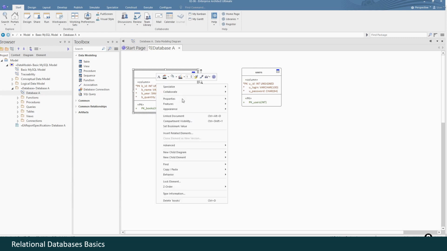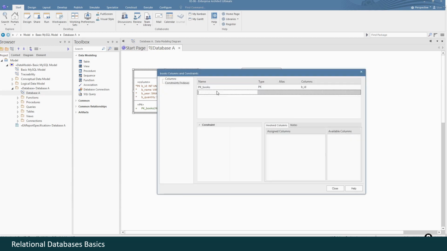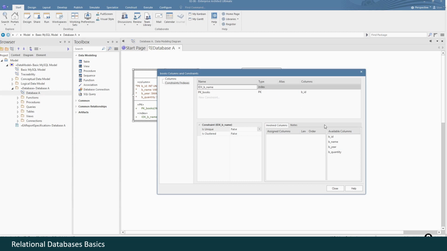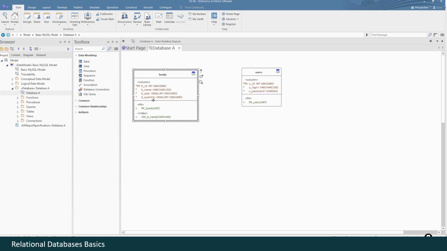We shall right-click, Features, Constraints, Indexes. We shall start the index name with the IDX prefix, and usually this prefix is followed by the indexed field name, b name here. Okay, it's indexed by default, and the only thing left is to double-click the appropriate field. So here it is, close, and we see the index was created.